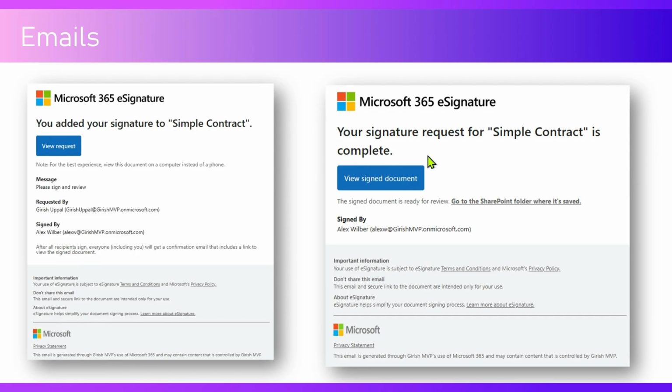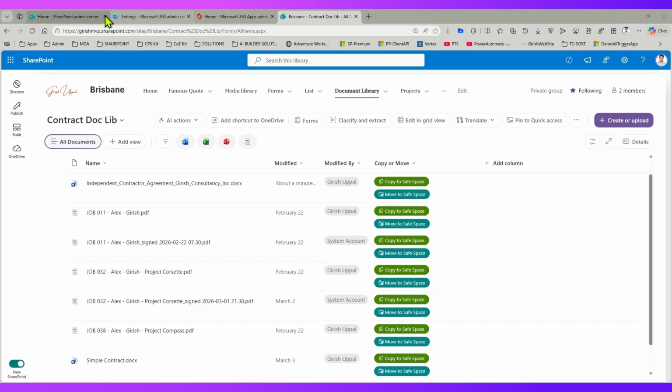Use the signed documents, and that's it. So that's the complete end-to-end workflow. So I'm going to demonstrate that. So let's move into